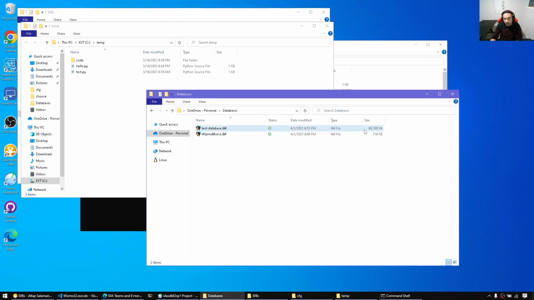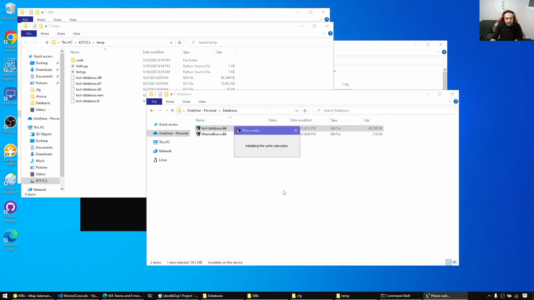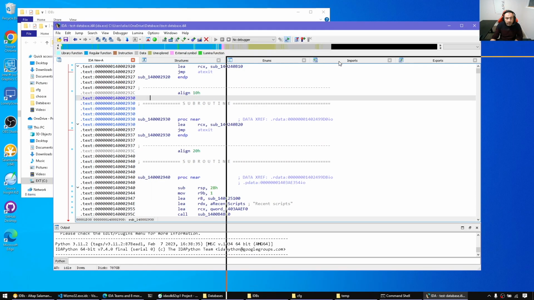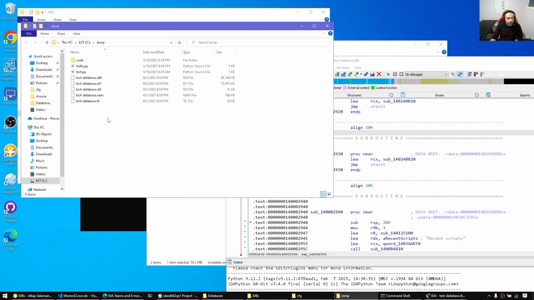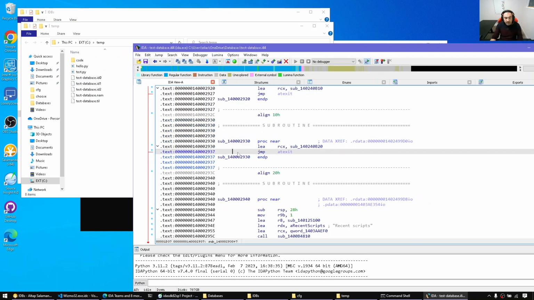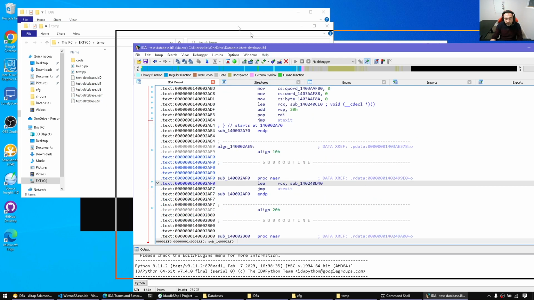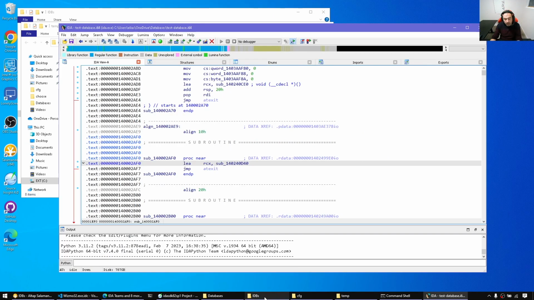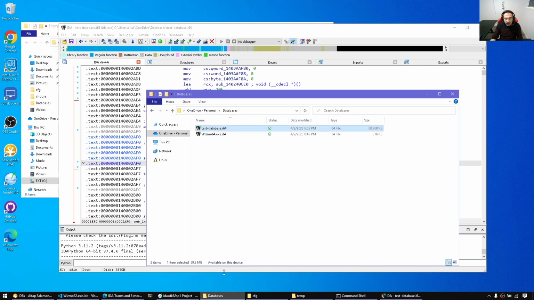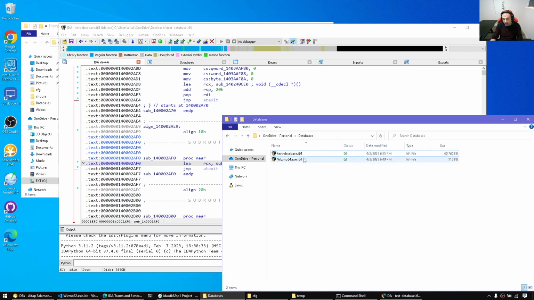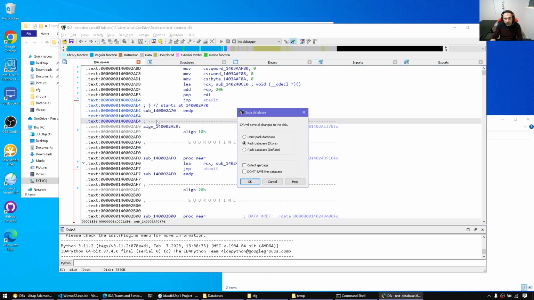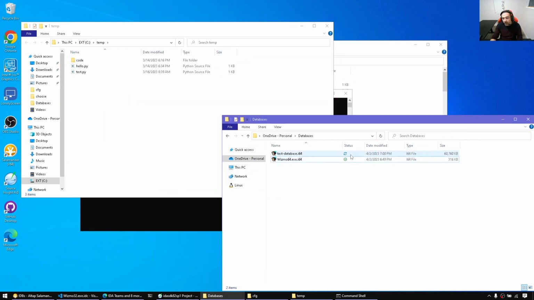So let's open our 60 megabytes test database. By doing that, IDA will unpack to the work directory, which is C:\temp, and here we have all the loose files. None of those will be uploaded. I can work on this for days. My changes will remain in the unpacked form, and the moment I exit, IDA will repack the working files into the database, and here now we'll see in the synchronized folder that this test database will start to synchronize. So I'm going to exit and save, and here now OneDrive picked it up and it's going to